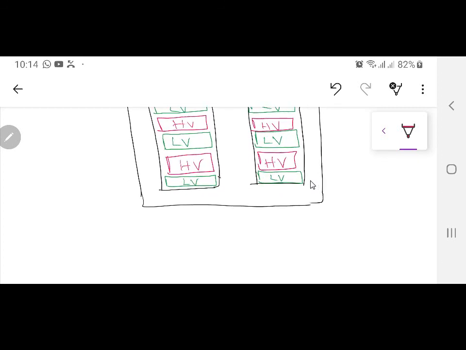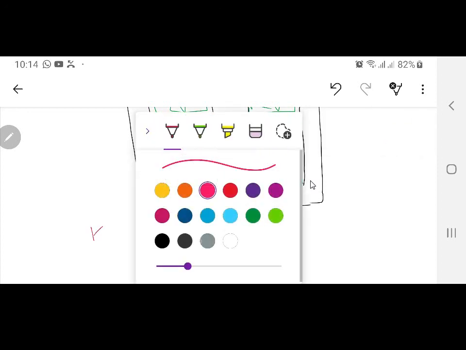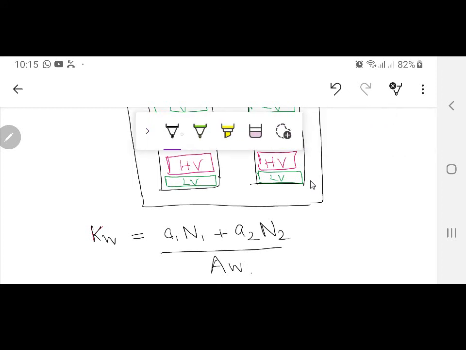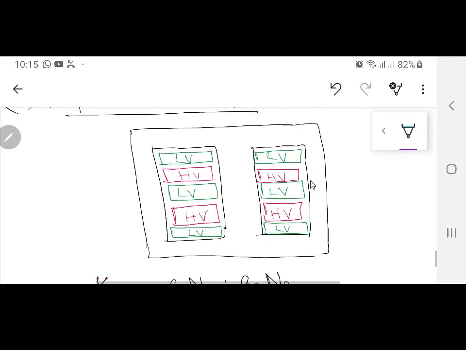So now this shell type transformer, if I want to find out now kW, kW again same thing, A1 N1 A2 N2 divided by AW. Okay, same thing. Why? Because the window area this time, that window area is this one plus this one. Okay, so window area is this one or this one,